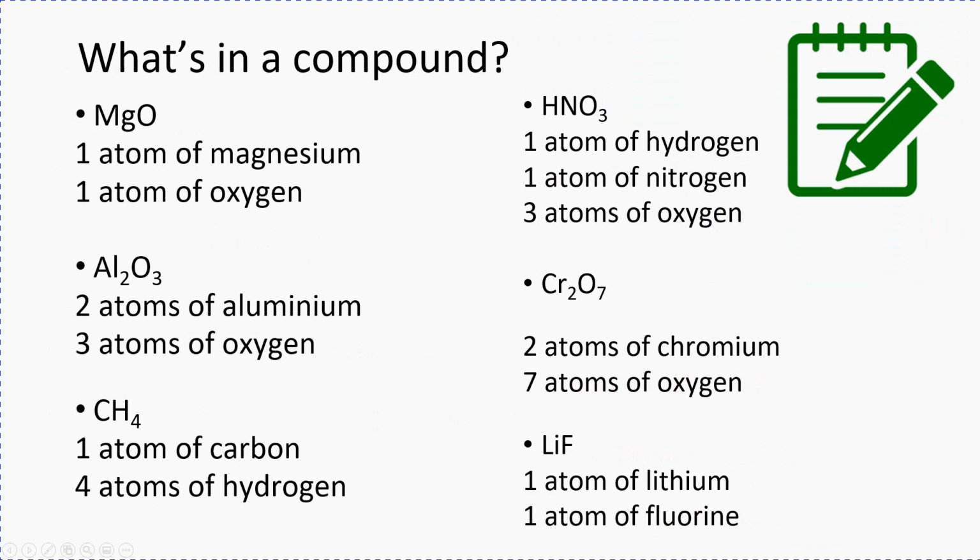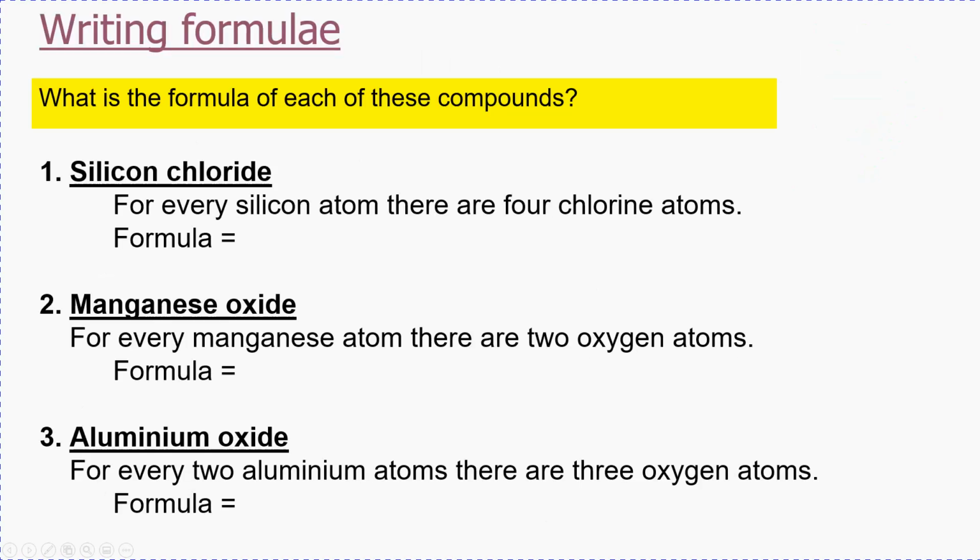So in this case, you've got some more examples. So we've got MgO, big letter and small letter is the same element. I've got no number, so it means there's just 1 of them, and I've got an O for oxygen. So I've got 1 magnesium, 1 oxygen. For HNO3, 1 hydrogen, 1 nitrogen, 3 oxygens. Okay, so have a little read through it. It is quite straightforward. The number relates to the element before it.